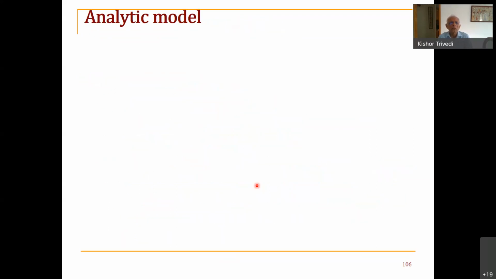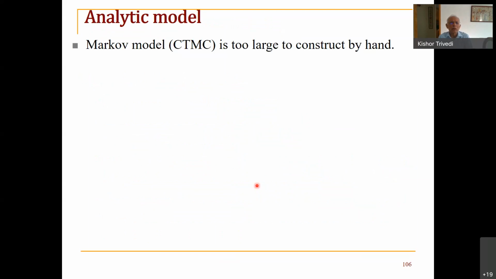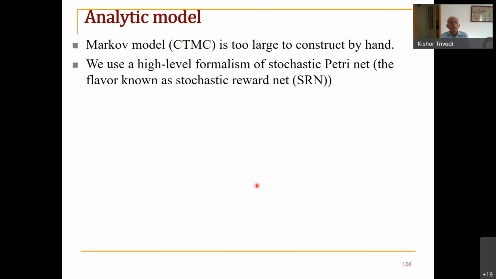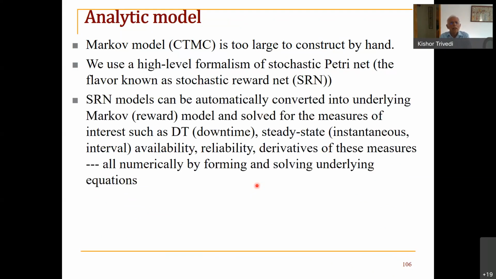And so originally we developed the model first. And we wanted to develop a Markov model for it, but the Markov model would be too large to construct by hand. And therefore, we said that we will use a high-level formalism, and our formalism is called Stochastic Reward Net, which is a development over Stochastic Petri net. And such SRN or Stochastic Reward Net models can be automatically converted into the underlying Markov reward model and solved for